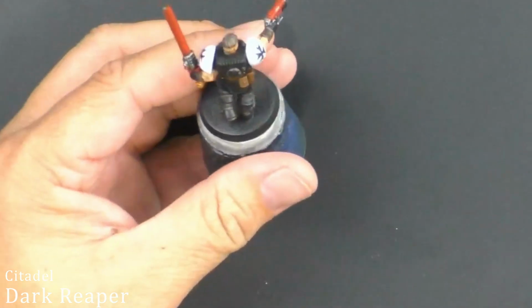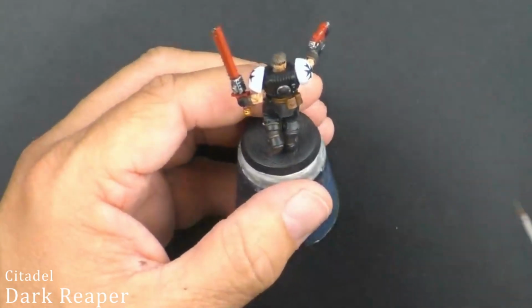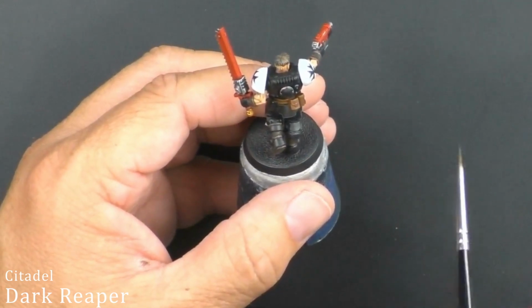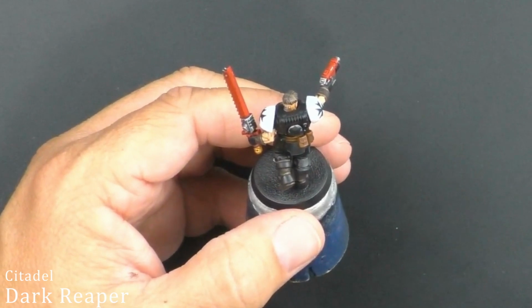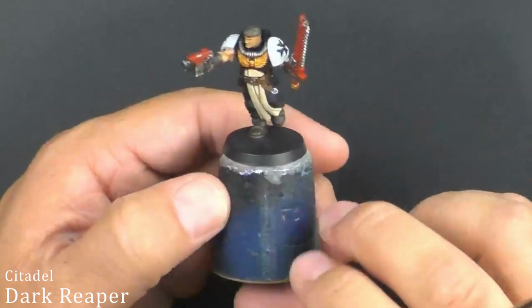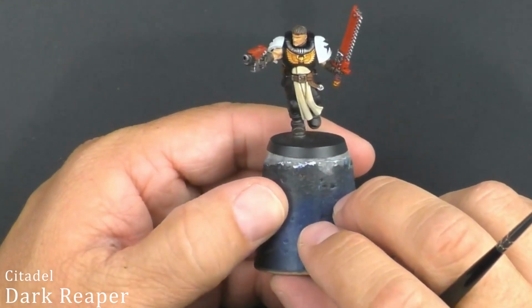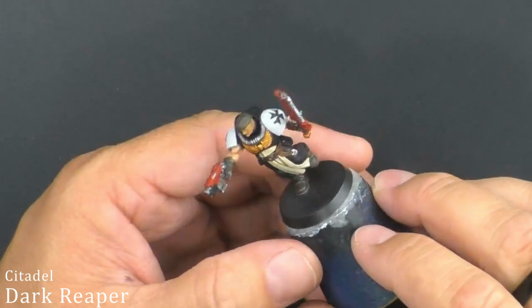If you want to do a secondary highlight on the metal, you can go ahead and use a little bit of, I think it's Fenrisian Grey. That's a super bright blue, so I don't think I'm going to come back and do it. One, because these models, or at least these Neophytes, there's a bunch of them all together. This isn't like a character where you want every single detail as much as you possibly can,